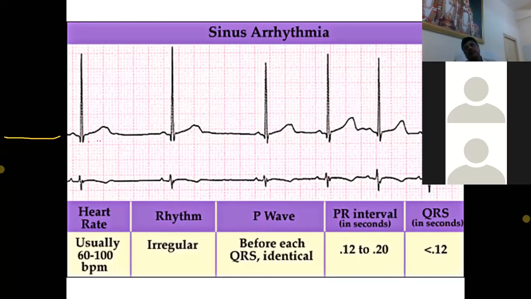You're trying to bring in the Bainbridge effect and give the explanation for sinus arrhythmia here. That is one of the probable explanations for sinus arrhythmia, but the more accepted one is